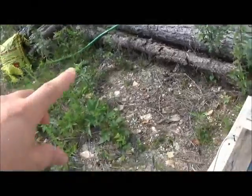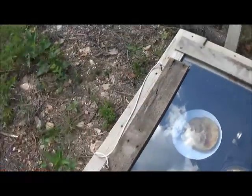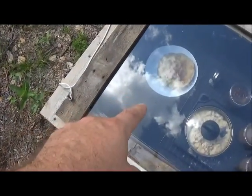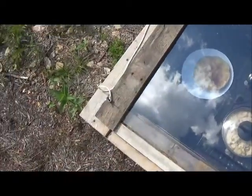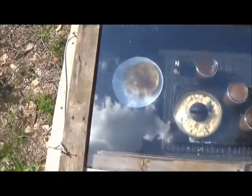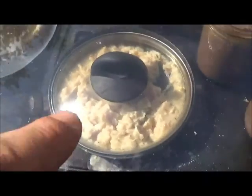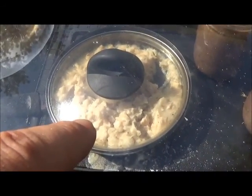So what happened here? They fly around and then they see the reflection and think that the roof of the shed or this glass is the sky. So they dive bomb, thinking that that's up. So this fly dive bombed the glass, and he's probably upside down, spinning around, trying to turn around, because they're trying to fly down because they think that's up, spinning around until he finally got cooked. Anyways,